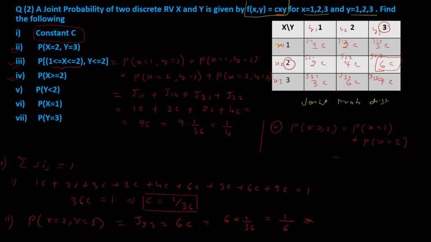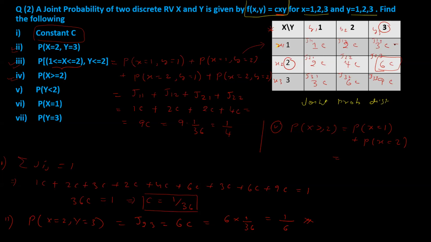Now here they are only talking about x. So don't look into the joint probability. It is a single x only they are talking about. They have not talked about y anywhere. In the earlier case we had x and y, so we considered the joint probability table of x and y both. But in this case it is only x they are talking about. So whenever they're talking about x, we have to look into the marginal probability of x. Okay, so marginal probability of x you already know, column addition of rows.